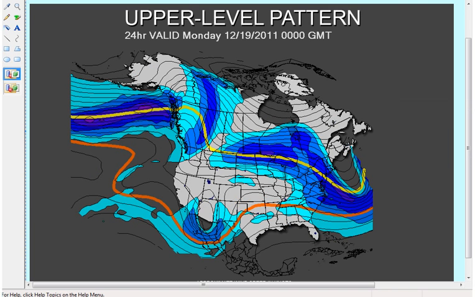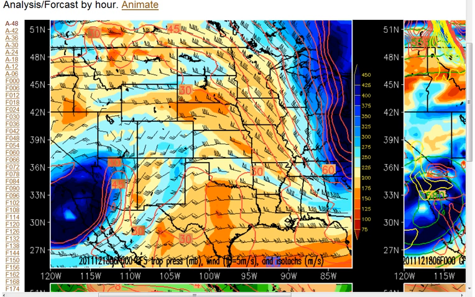And then this is what it looked like on 12/19 at 00 GMT. And while it was in Arizona, or even over this way further, there was just something pouring out of Arizona into this. It was just going around and around and around. I've got a lot of loops, so hopefully I'll get this right. I might push a few wrong buttons, but